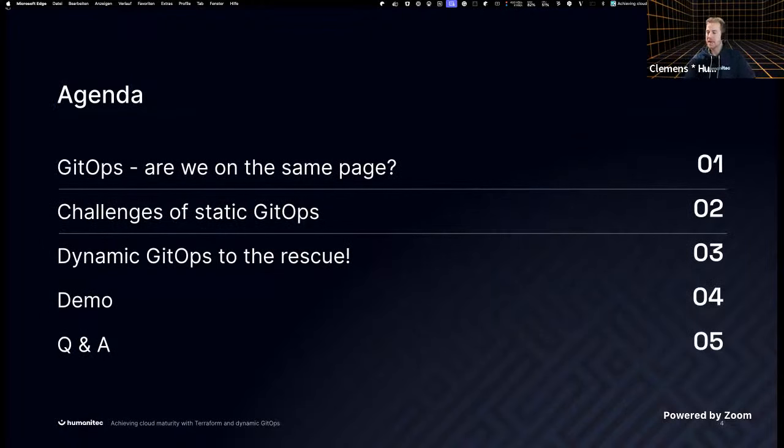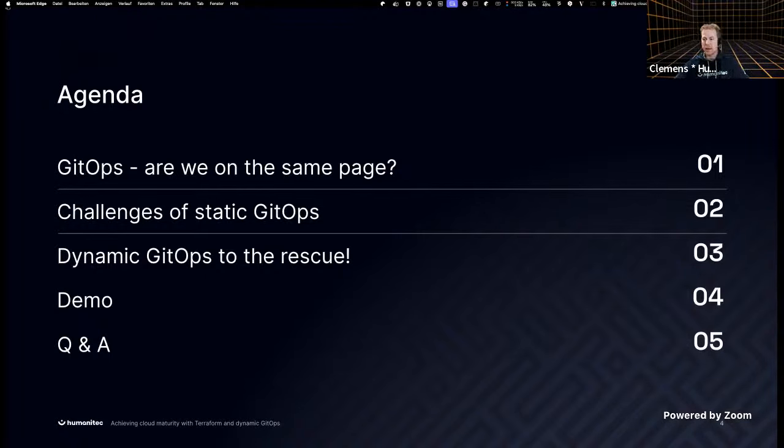Now I can become a techie again. So what you see tonight is first an explanation about, hey, what is GitOps even? Because there are so many different flavors of GitOps. We need to be on the same page about what GitOps means for me, so that you understand how you can relate to that. I'll talk a little bit about the challenges of static GitOps, or normal GitOps.